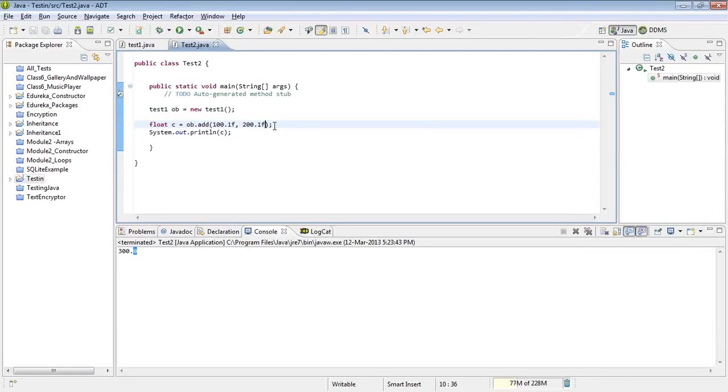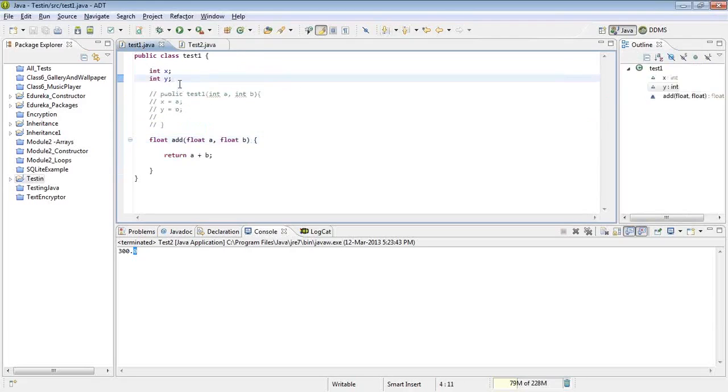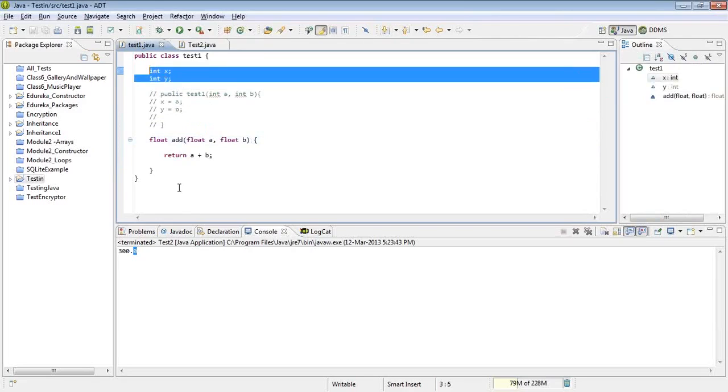Okay. Mayank says, can we invoke the instance method like this? System.out.println ob.add. Amish says, is there anything like typecasting in Java? Exactly, there is a thing like typecasting. Mavish says, do we have to declare X and Y also? We are not at all using X and Y right now in our method, Mavish. They were just used in the first example that I took. You can comment it.